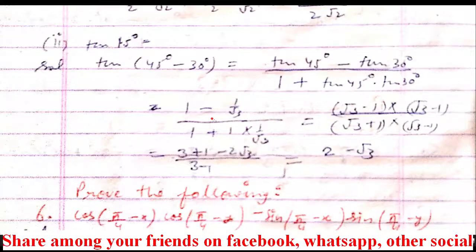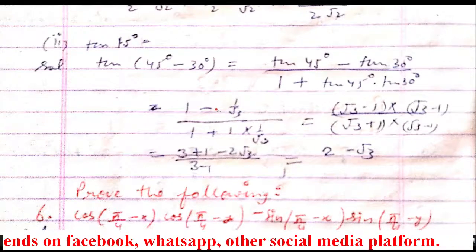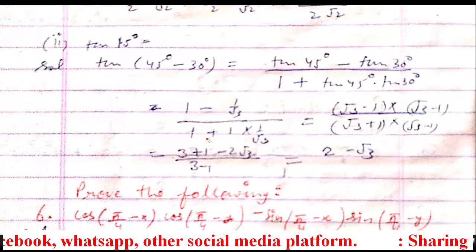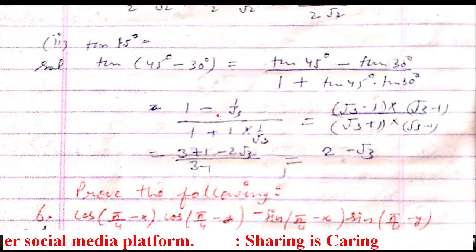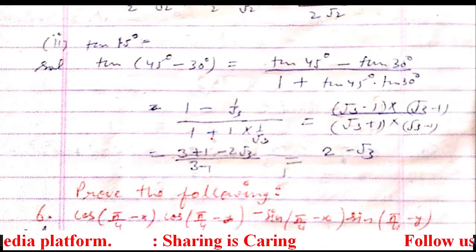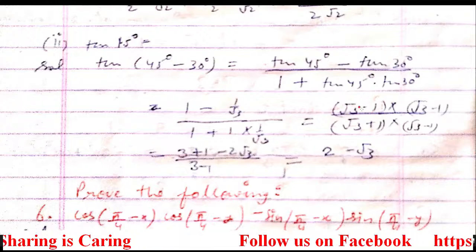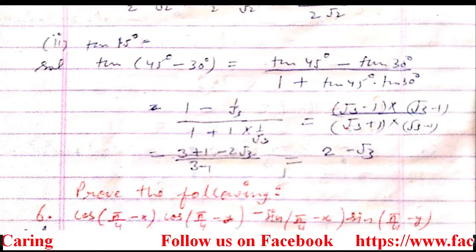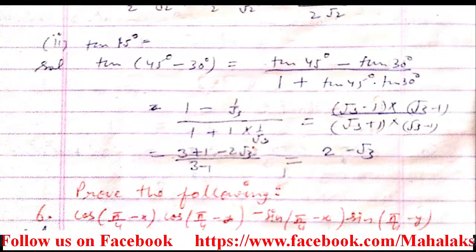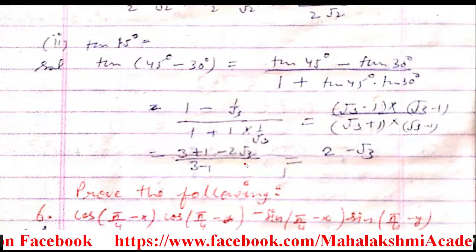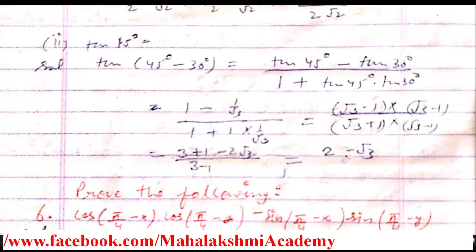Again I am repeating what I had done here. First I took the LCM in the numerator. That gives you (root 3 minus 1) upon root 3. Take the LCM in the denominator. That will give you (root 3 plus 1) upon root 3. Now here also upon root 3 in the LCM, and here also upon root 3, so they will cancel each other. So you will remain with root 3 minus 1 and root 3 plus 1, and then rationalize the denominator and use the (a minus b) whole square formula in the numerator and the a square minus b square formula in the denominator, and then cancel by 2. You will get 2 minus root 3.